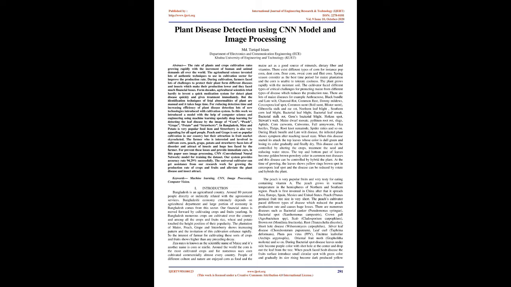Cultivators face different types of critical challenges in protecting maize from diseases which reduce the production rate. There are lots of maize diseases, for example anthracnose, black bundle, and late wilt, charcoal rot, common rust, downy mildews, cercospora leaf spot, common smut, boil smut, blister smut, gibberella stalk and ear rot, northern leaf blight, southern corn